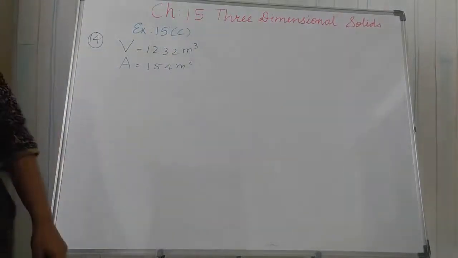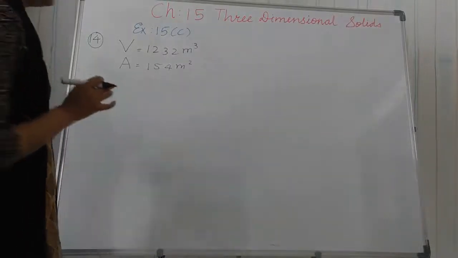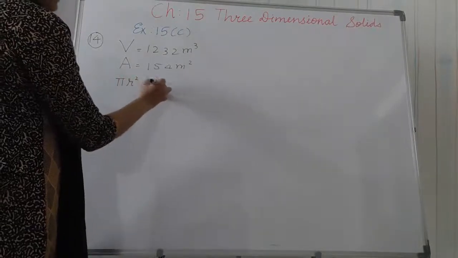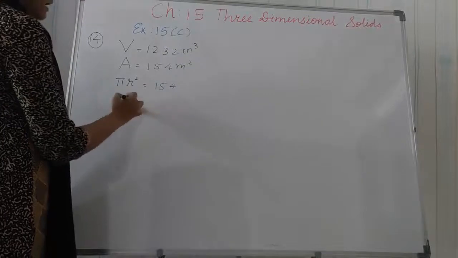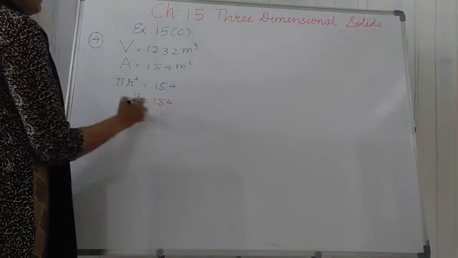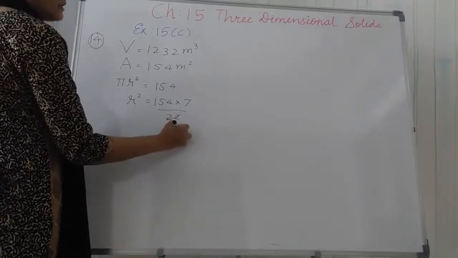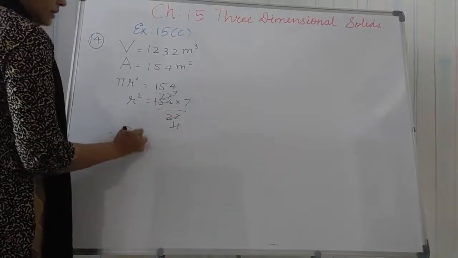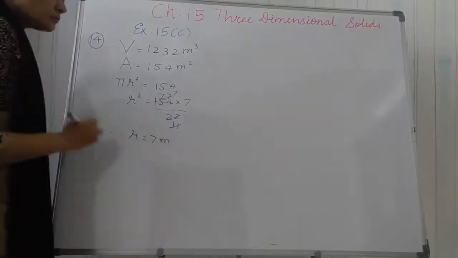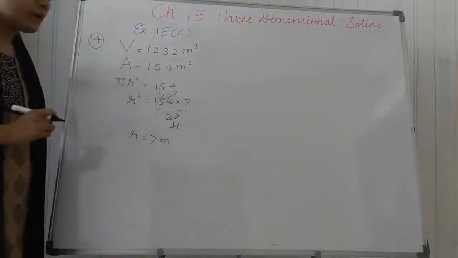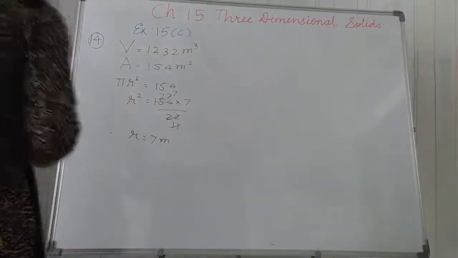So, first of all students, from this base area we want to find the radius. The base is circular, so I apply the pi value 22 by 7 here. So, 7 up and 22 downside. 2 11s are 22, and 2 7s are 14, 7. So, the radius I get is 7 meter, using our area formula. Now, we find the height also by using our volume formula.